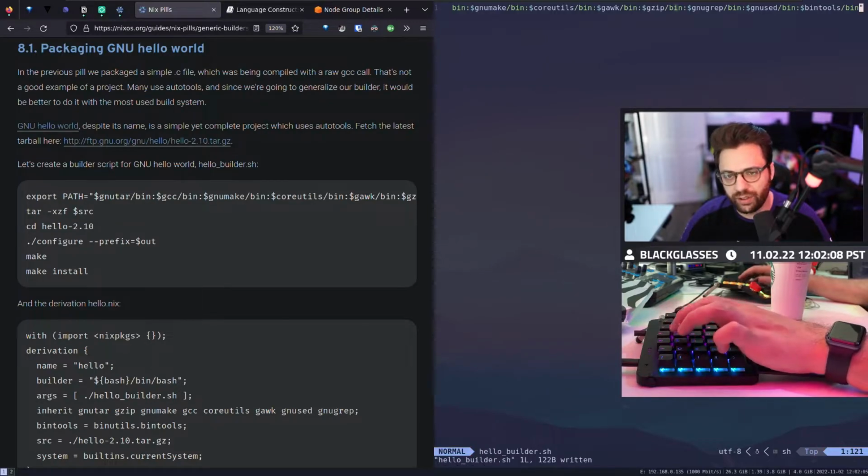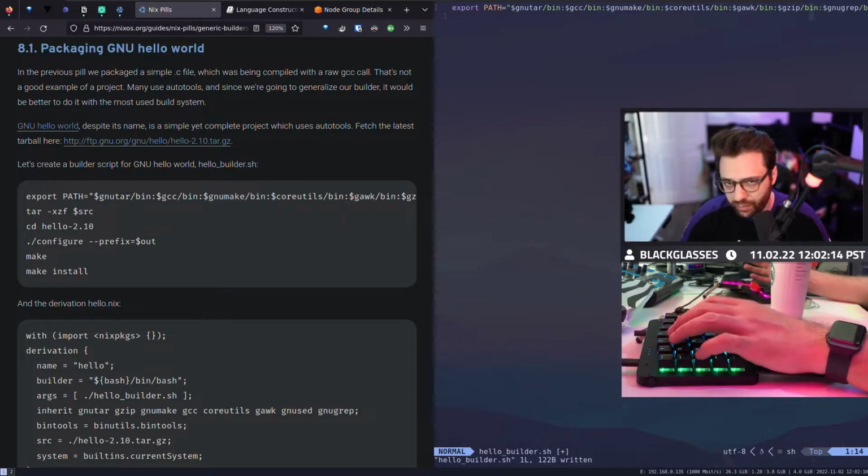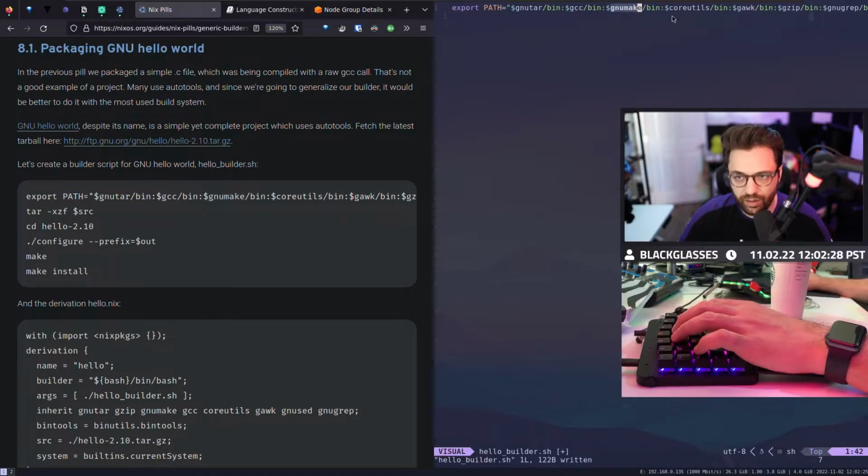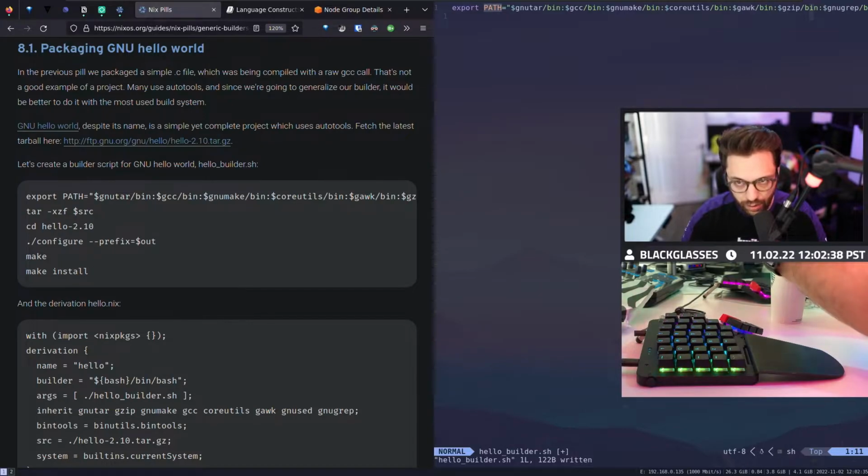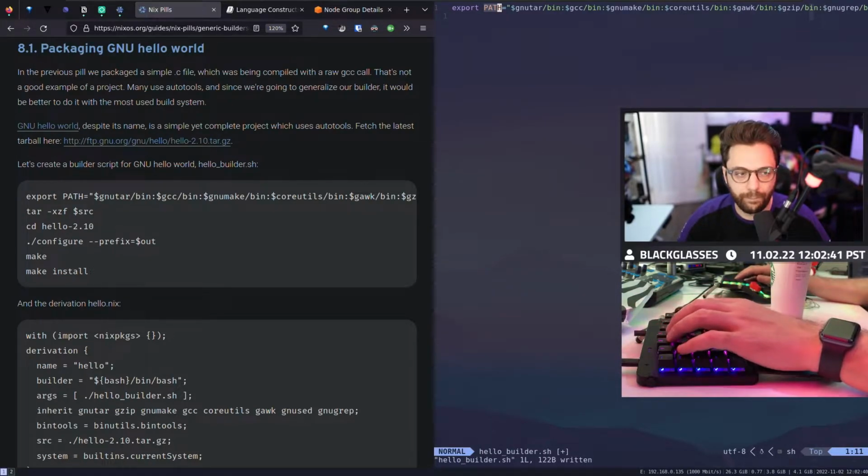And so essentially what we're doing in this builder to build this software is telling the script which binaries it's going to get access to when it runs. And later on, you'll see with Nix how we actually provide these as environment variables, and how these end up populating as real paths, which is what eventually makes it so that we can create a whole environment with just the binaries we need and nothing else, right?